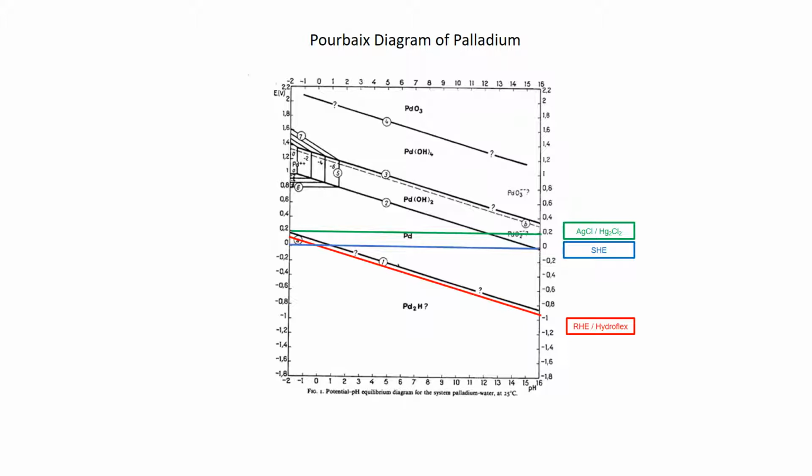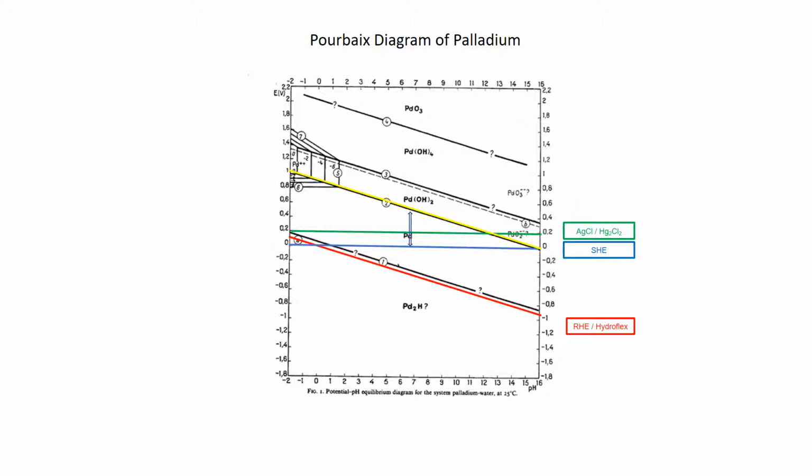So, if you look now, for example, at an electrochemical reaction from palladium to palladium hydroxide, indicated here with a yellow line, and you measure this potential in different solutions with different pH values,